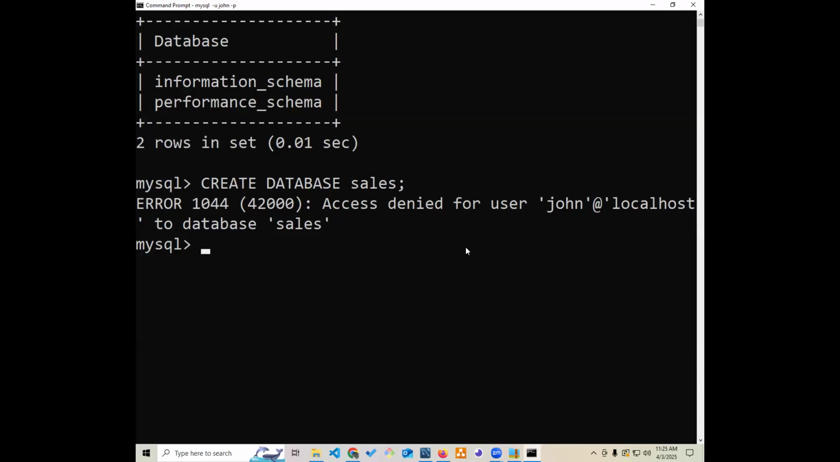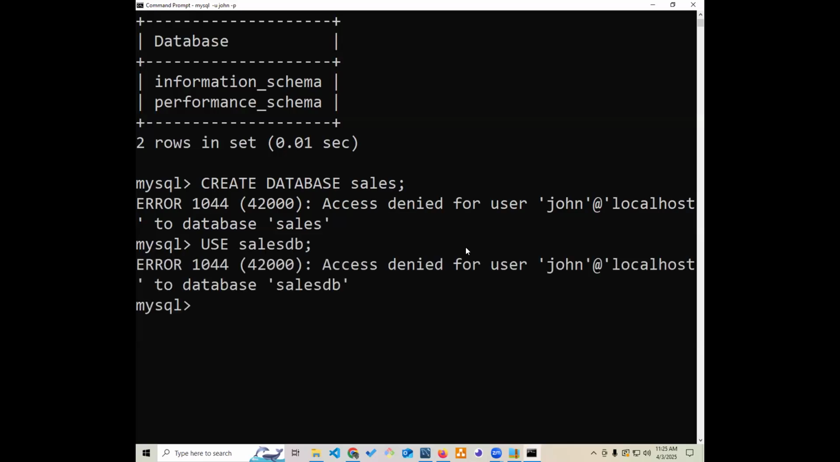If I try to say maybe use sales DB, I get the error access denied for user John because John does not have any permission. So right now we need to give John permission to some certain database. To do that,